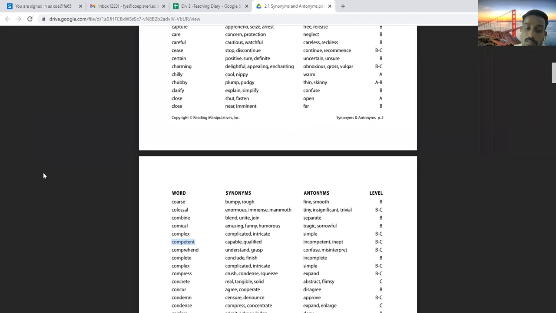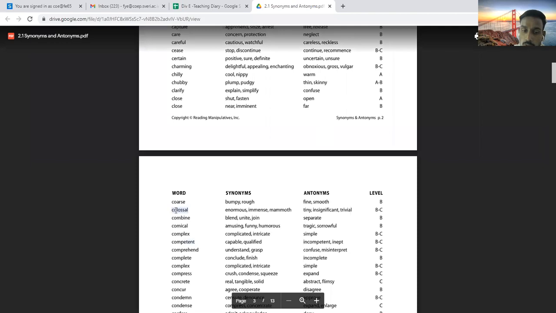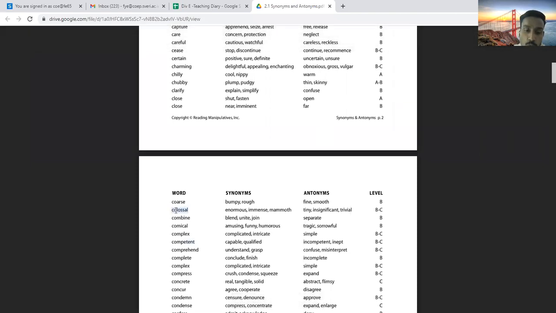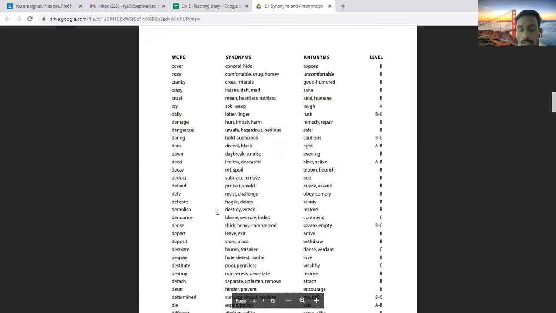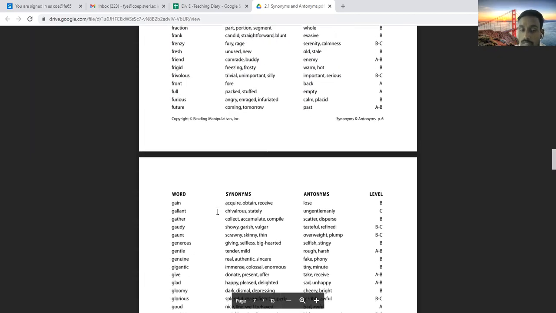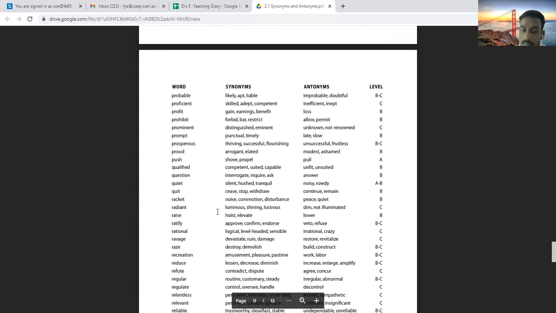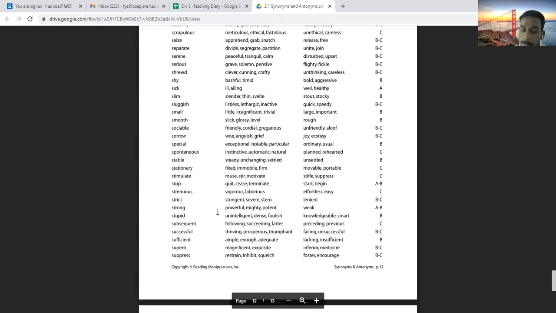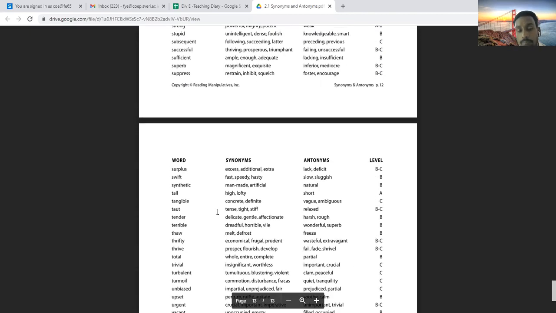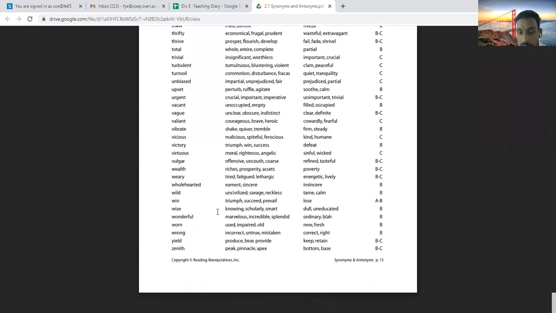Or colossal, here is the word colossal. So if you see the word colossal, I have not read it before, or I don't know its meaning. So in that case, I have to check its meaning. I have to see its synonyms. I have to see its antonyms also. And I have to note it down in my notebook also. Okay, so will you do this for synonyms, antonyms? Here is the list of words. You people go through all this list and try to be familiar with all these synonyms and antonyms.